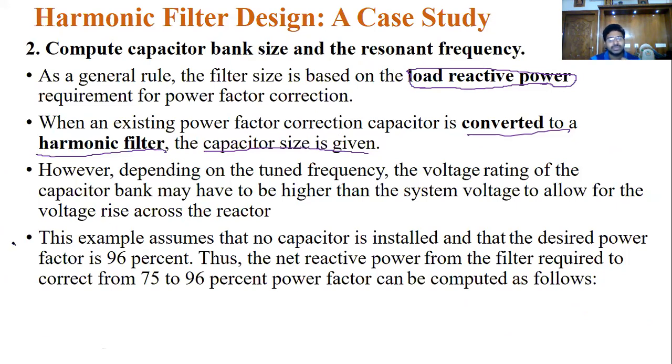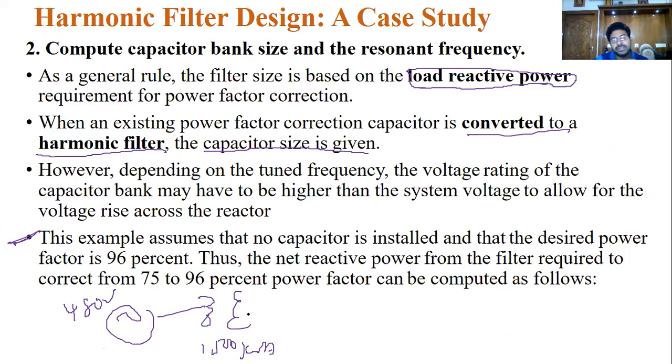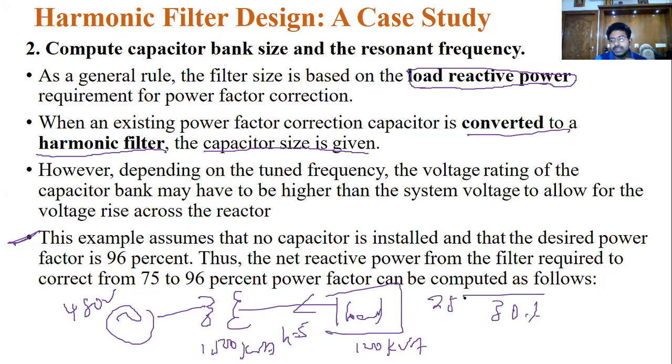Now see this example. What is that example? The voltage can be assumed as 480 volts. This transformer is nearly 1500 kVA. Remember these points every time. This is the load; consider it as 1200 kVA. They inject currents of fifth order harmonic, H equal to 5. So 30% harmonics they get from the nonlinear loads.